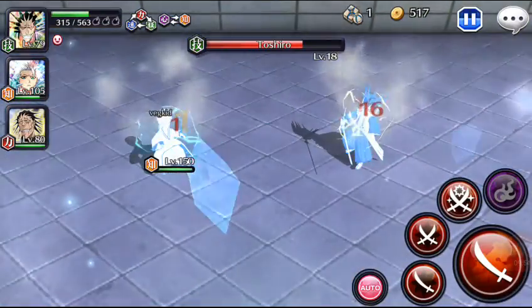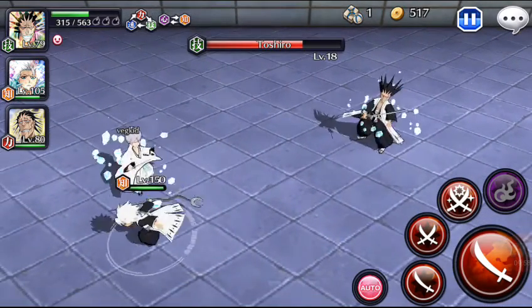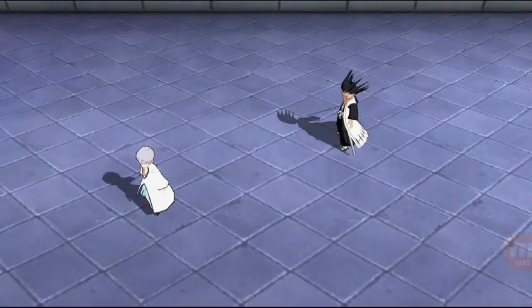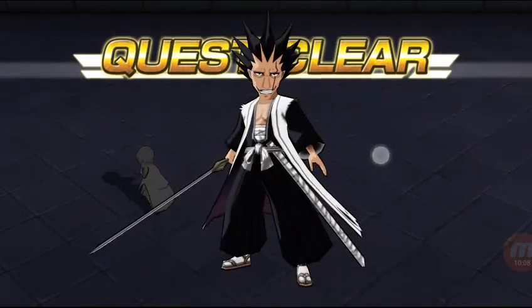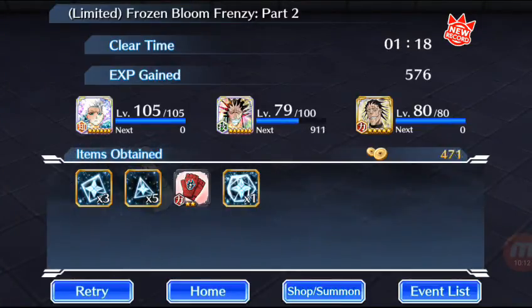But anyways, every single time when I see Rukia and Renji together, you always see them together all the time. In Soul Society, they're together, and when they were going to Hueco Mundo, they were both together because they wanted to help out